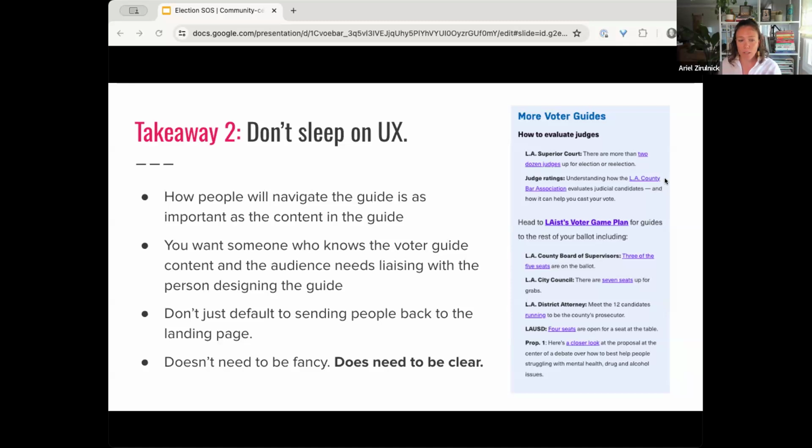I think people can get really wrapped up in navigation and think that they need special search boxes or carousels or all kinds of fancy innovations to help people move through the content. But what we really learned at LAist is that it doesn't need to be fancy. It just needs to be really, really clear about what you have on offer for people. So you can see here, this is just a straight up info box with some hyperlinks to other parts of the guide. But what we spend a lot of time thinking about is what should the labels be? What is the key information that we want to extract from the guides to help people know why that race matters and why they should click through?